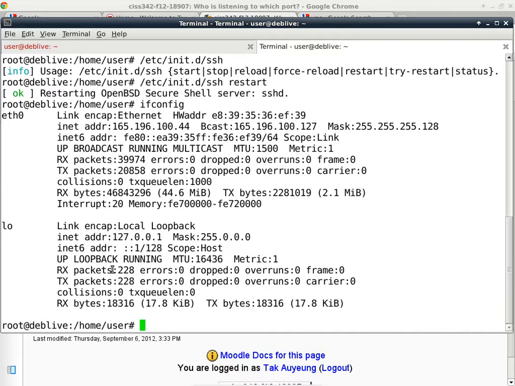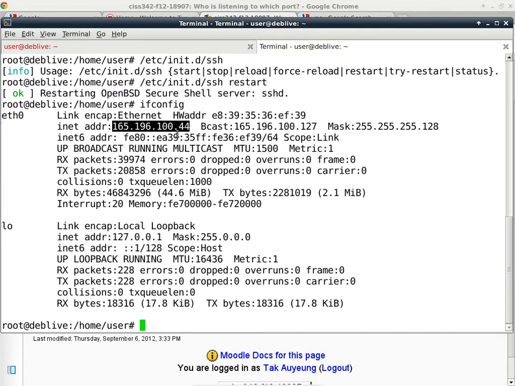It shows you a lot of information. It's like ipconfig in Windows, except the syntax is a little bit different. If you want to do any configuration, this one has a different syntax. It shows you that eth0 is the name of a network interface. The type of the interface is Ethernet, and this is its hardware address, or the MAC address. It has an IPv4 address of